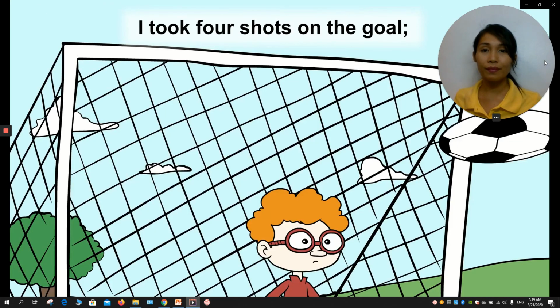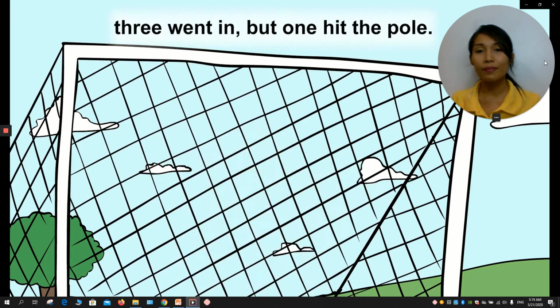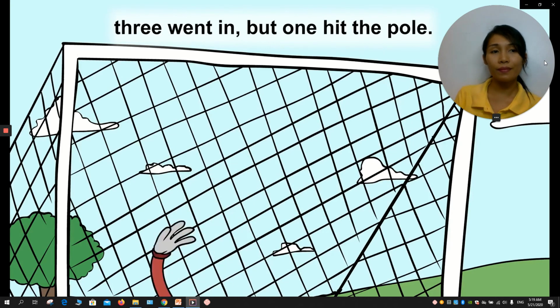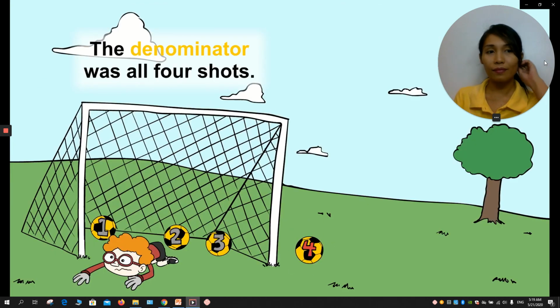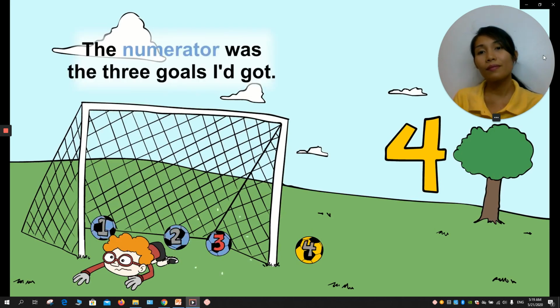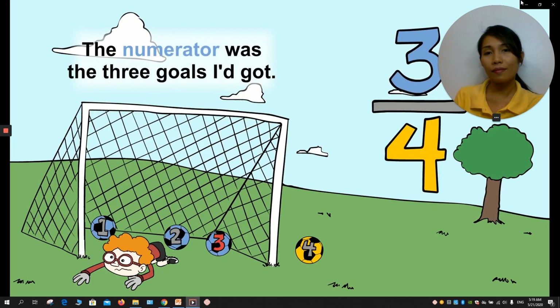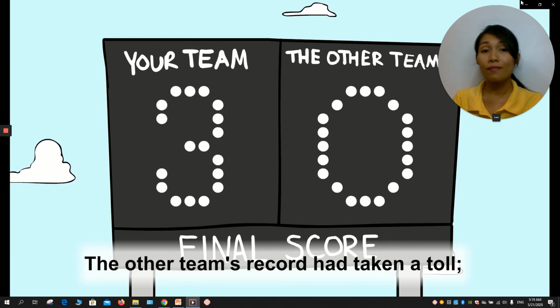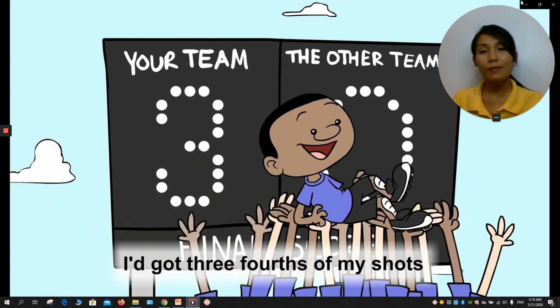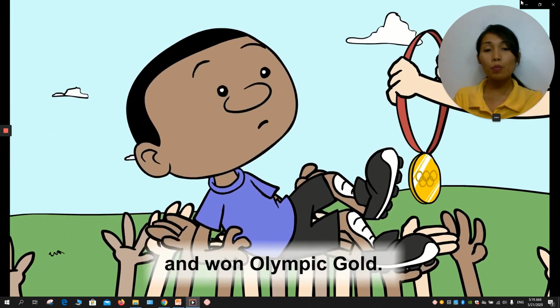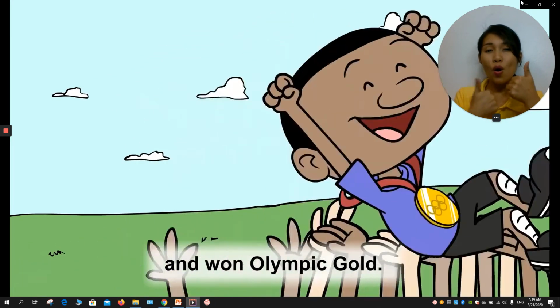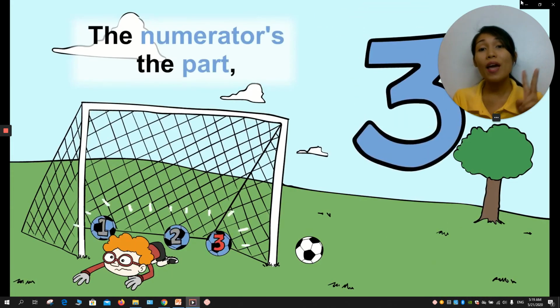The 4 shots on the goal. 3 went in, but 1 hit the pole. The denominator was all 4 shots. The numerator was the 3 goals at top. And other teams record and taking a toll. Got 3 points on the shot and 1 Olympic goal. The numerator's the